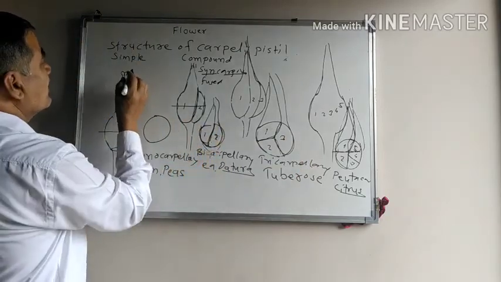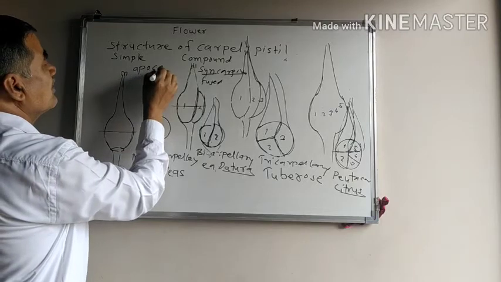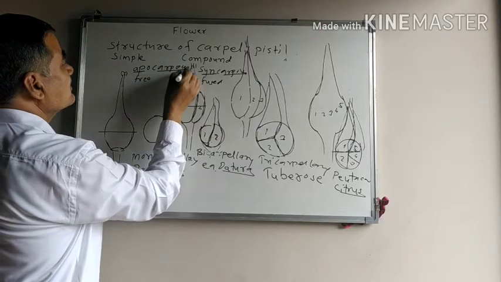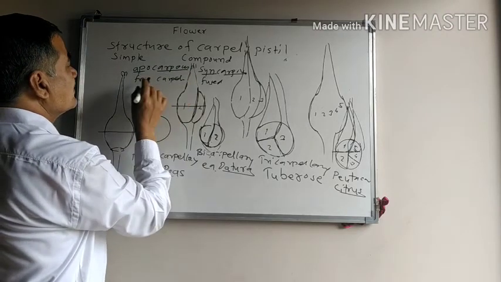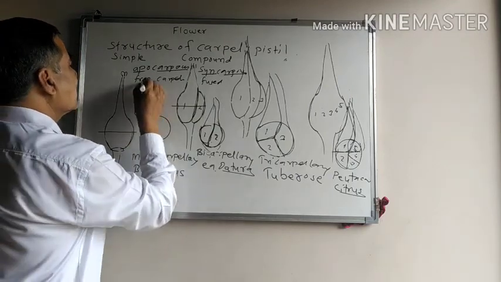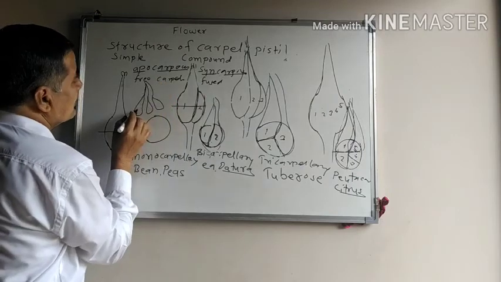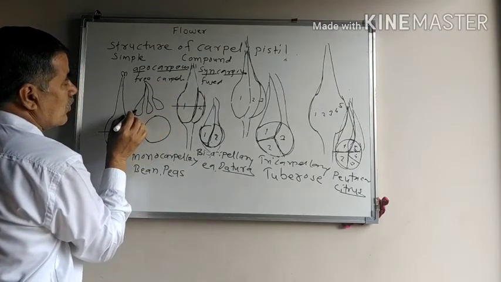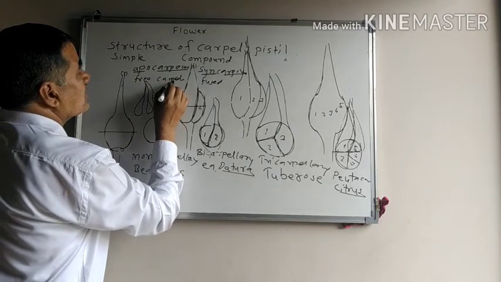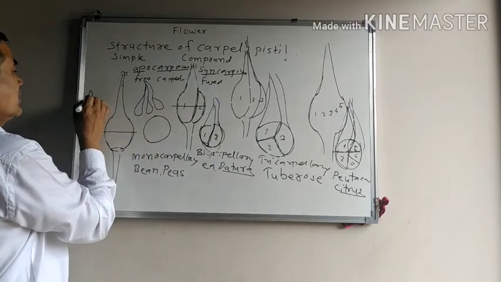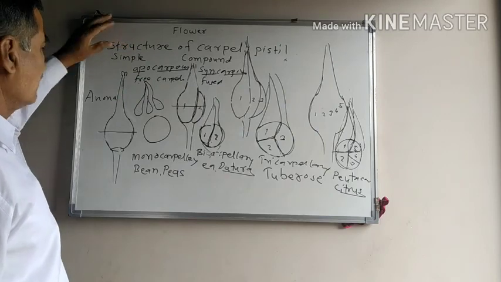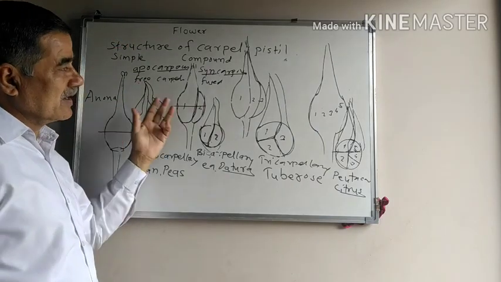Here, monocarpellary, again it is apocarpous. Apo means free, carpus means carpels. Free carpels. Here, this one carpel, this one another carpel, and this one another carpel. Here, three carpels forming ovaries, and they are free from each other. Such carpels are known as apocarpous. Example is Annona. Here we have seen the structure of the gynoecium and its types.